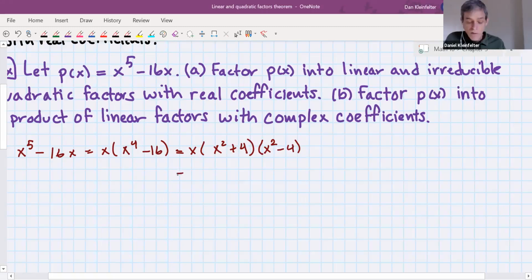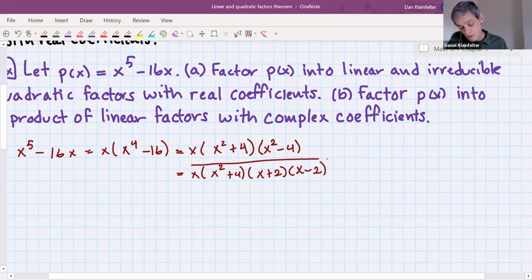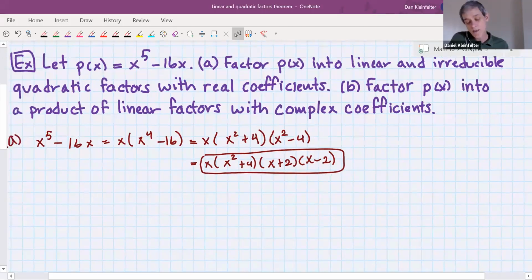Okay, so using real number coefficients, the x squared plus 4 piece doesn't factor any further, but the x squared minus 4 will factor as x plus 2, x minus 2. Okay, so that is our answer to the first part. We factored it into linear factors and irreducible quadratic factors